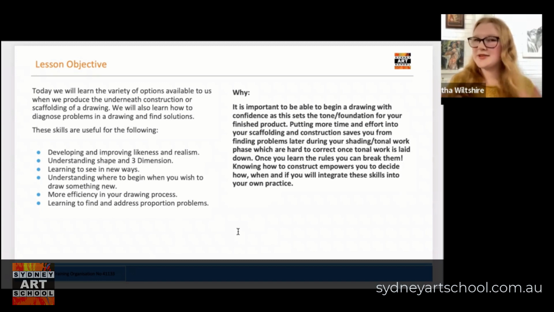And so we want to begin with confidence, and we want to feel from the very beginning that this is going to be a successful result. And that helps to motivate and propel us throughout the rest of that drawing process as well. And when we put more time and effort into that scaffolding and construction, it saves us from finding problems later during the shading and tonal work stage, which are really hard to correct once, especially those really dark tones are